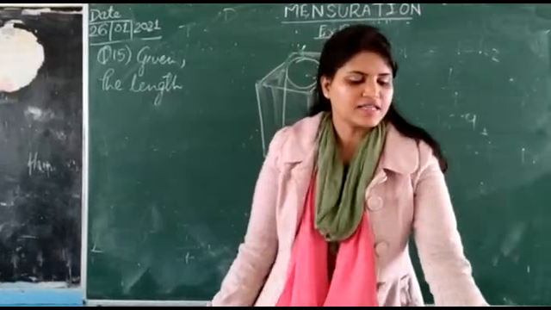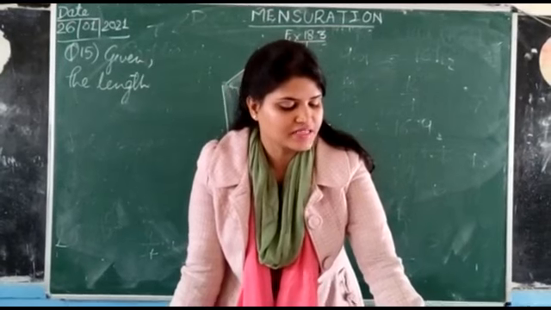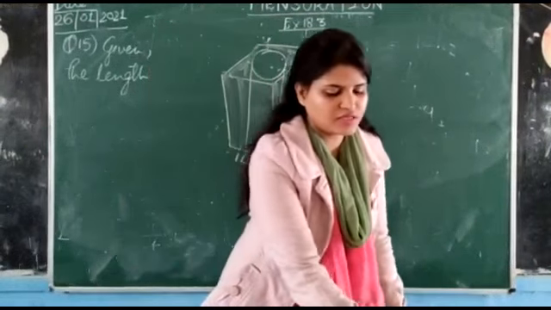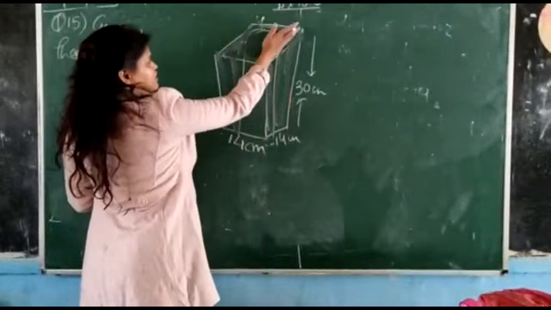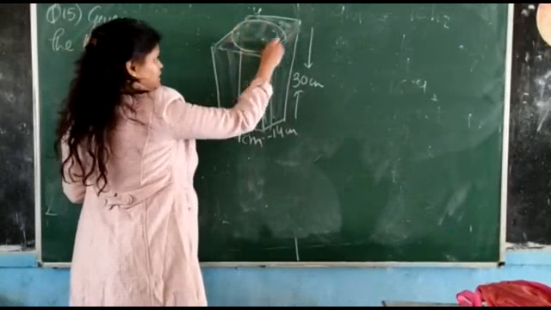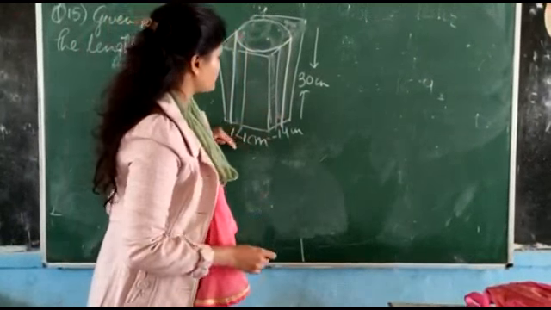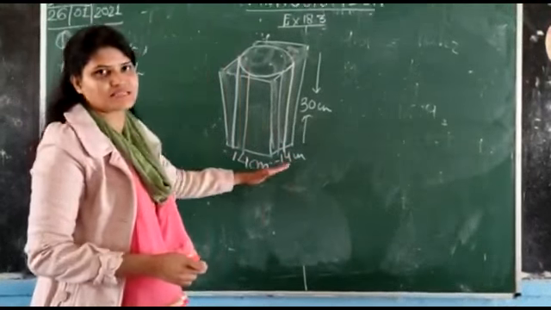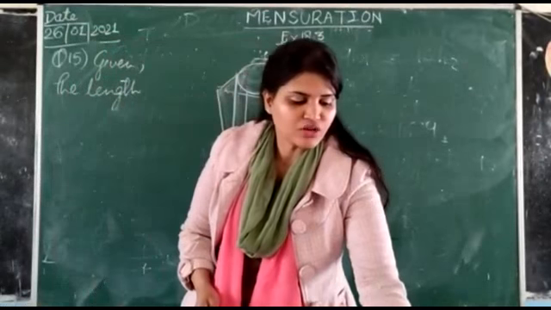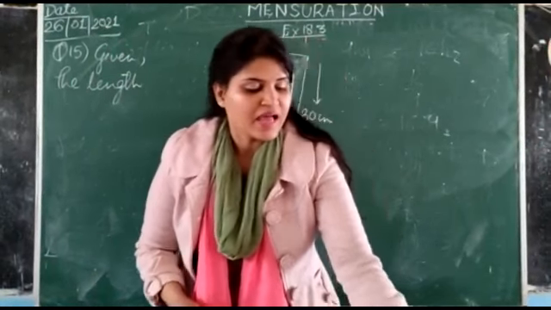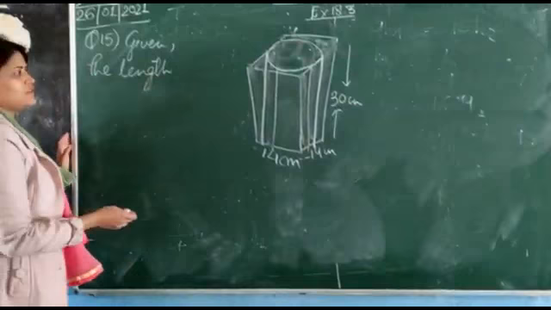Question number 15. A cylinder of maximum volume is cut from the wooden cuboid of length 30 cm and cross section of a square side is 14 cm. Means a cylinder of maximum length, means the maximum length में कितना ज़्यादा इसमें से cylinder कट हो रहा है. ठीक है, इसमें से we cut out the cylinder out of a wooden log which was having cross section in a square shape, means the sides will be same. So it is 14 cm, 14 cm and the length of 13 cm. I need to find the volume of the cylinder and the volume of the wood wasted. Volume of cylinder क्या है and the volume of the wood कितना waste हुआ है.